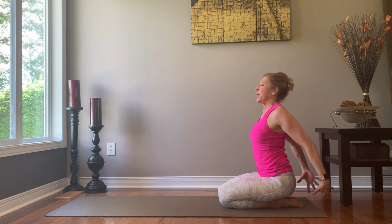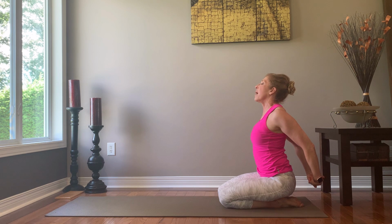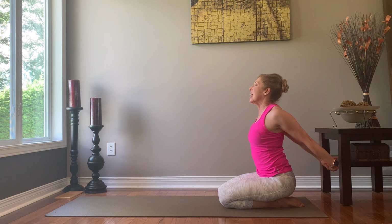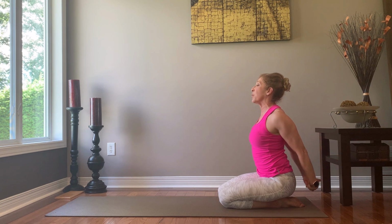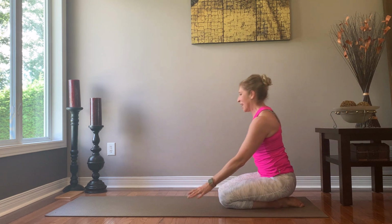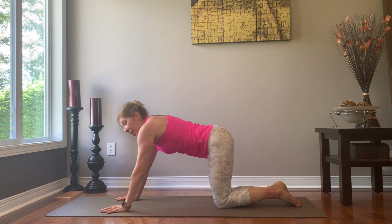There's a lot of stabilizing work that goes on in those planks, even interlacing the fingers behind the back, lifting the hands away from your lower back, continuing to soften those facial features as you breathe in fully into the lungs, lifting the hands up and then release. Give the shoulders a little bit of a shrug, and let's take it forward, coming into a half plank position